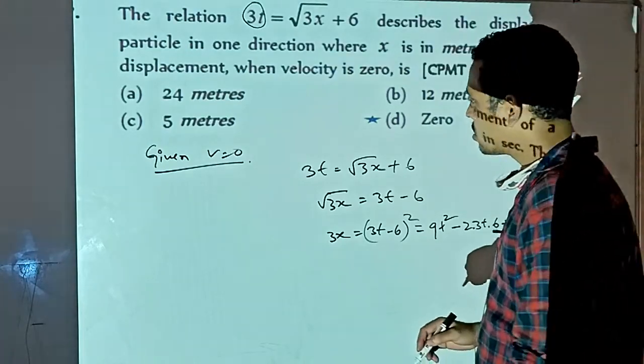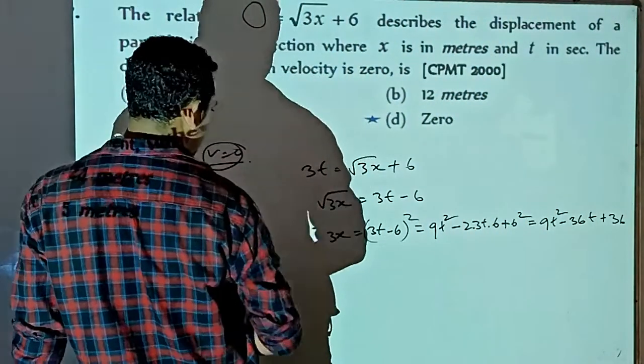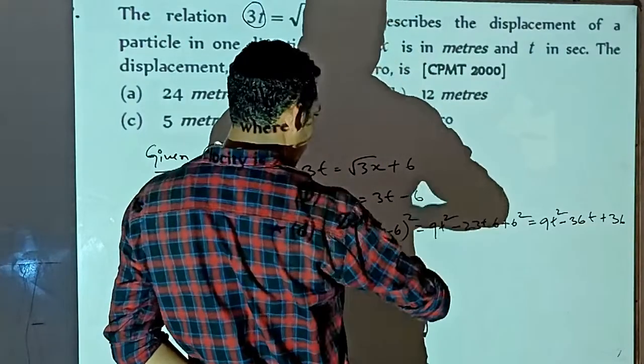Okay, since we have been given that v is equal to 0, then if we differentiate on both sides,